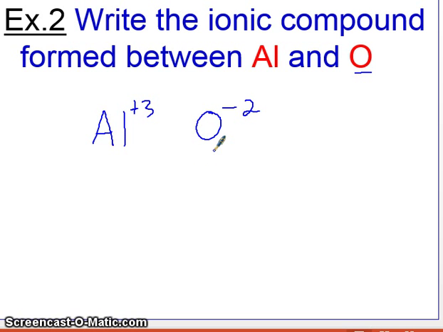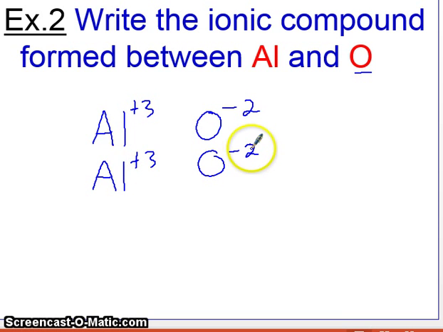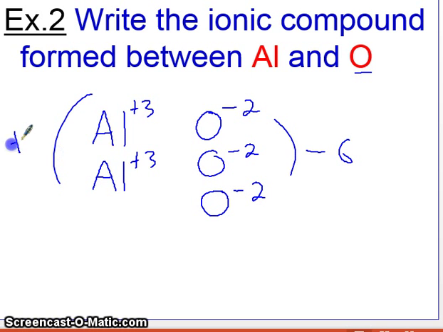Well, if I decide to add one more oxygen, then this gives me a -4. That doesn't really match the +3. All right, let's put down one more aluminum. Now I got a +6 and a -4. Wait a minute. How about one more oxygen? Now I've got a -6 on this side. I've got a +6 on this side. My charges match up. I've figured it out. I need 2 aluminums for 3 oxygens. So my answer will be